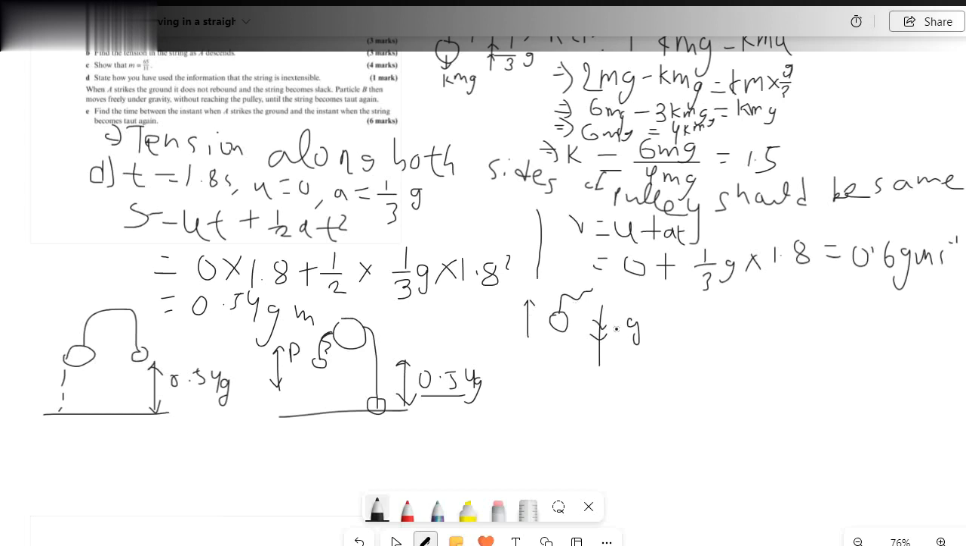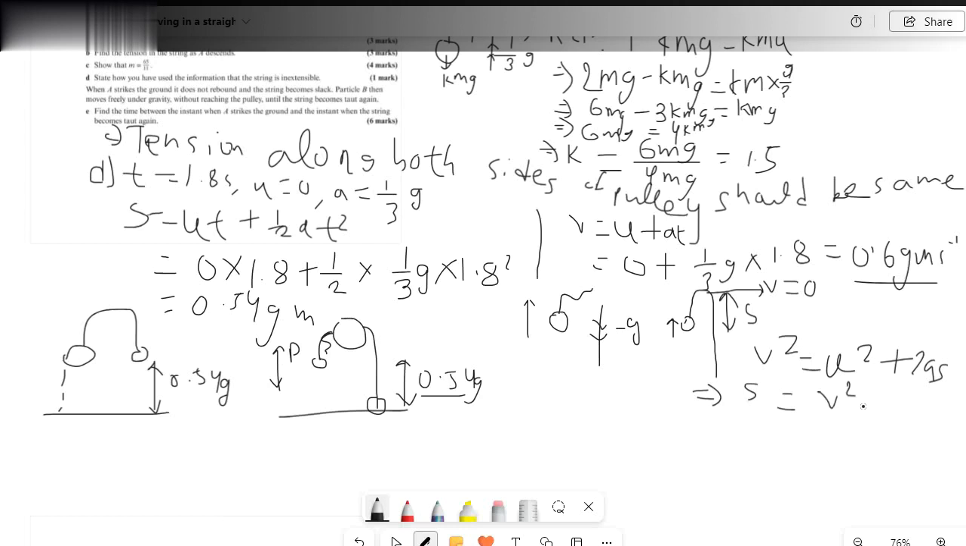and if upward is positive, therefore g must be negative. As we know, in a vertical motion, the maximum height reached by the particle is s, and at the maximum height, the final velocity of the particle is 0, because the initial velocity was calculated as 0.6 g. Therefore, we can use the formula v squared is equal to u squared plus 2as. So